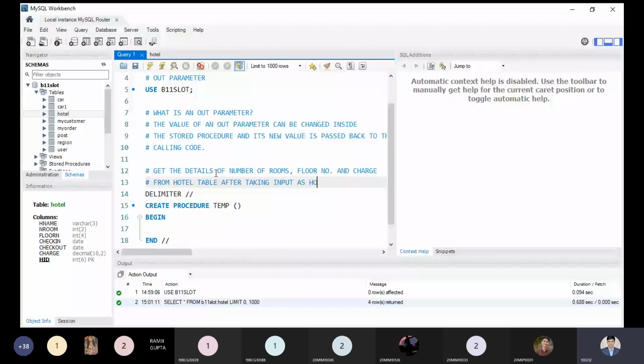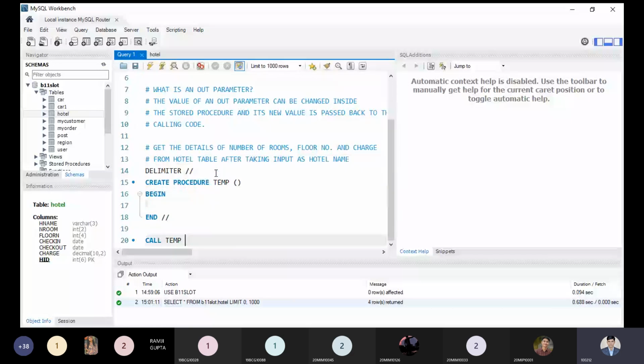So the delimiter we have used. Now what I have to pass here is the hotel name. Suppose I'm passing MNB hotel. What's the other parameter I have to pass? I will tell you, but before that, let us understand this one.